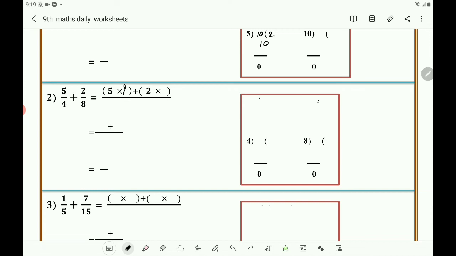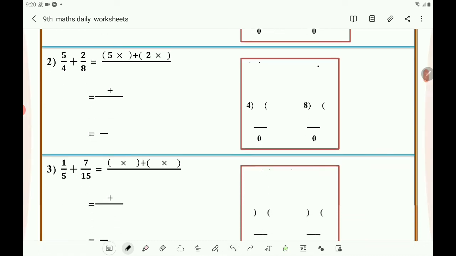Here, what is to be multiplied, that you have to find out. That is based on the LCM. Here you know that if you got the LCM as 8, 4 2s are 8, and 8 1s are 8, so you get 2 and 1. That you have to verify, complete it.